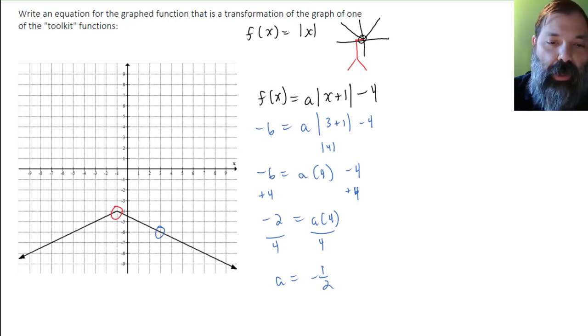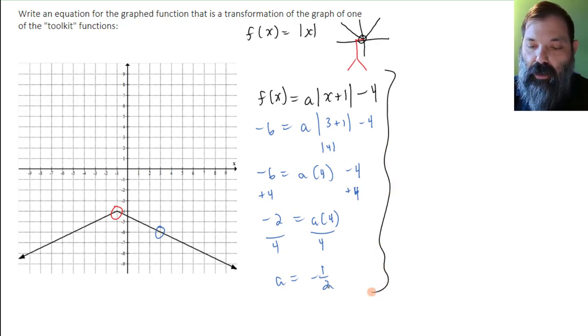And so now let's revise our function. Putting that all together, a is -1/2. So my revised function, f of x, is -1/2 absolute x plus 1, subtract